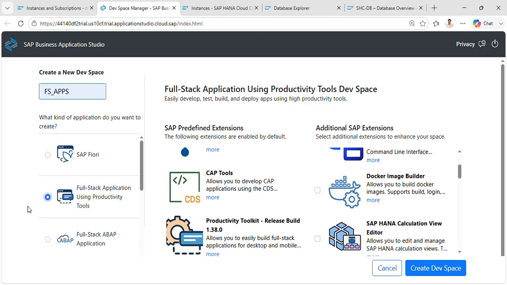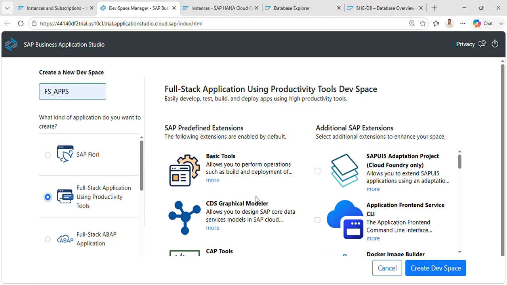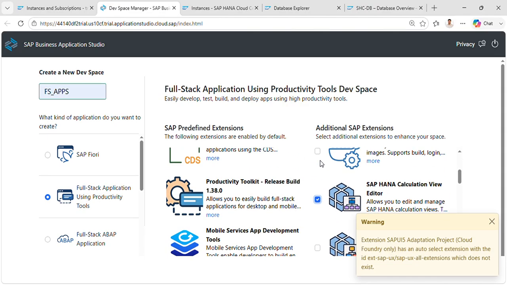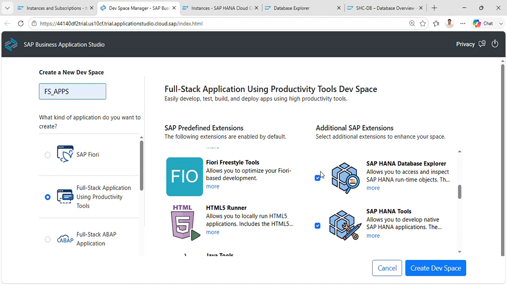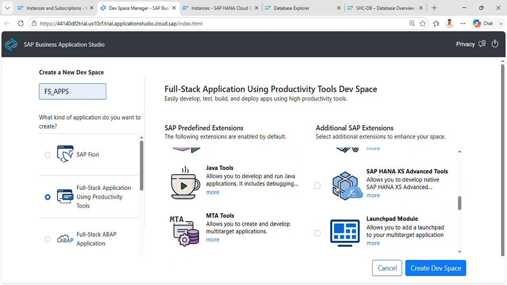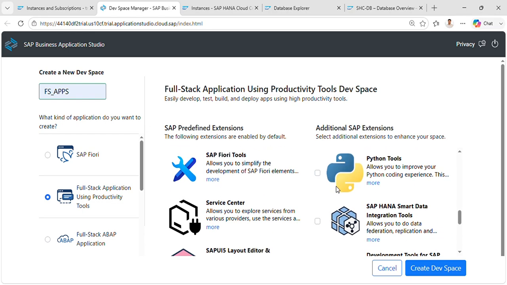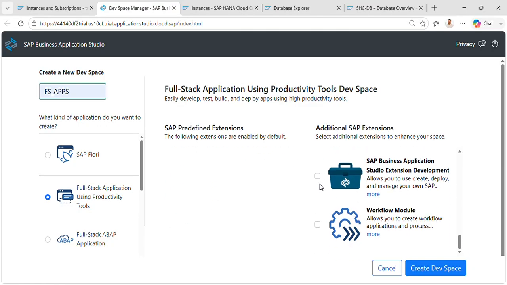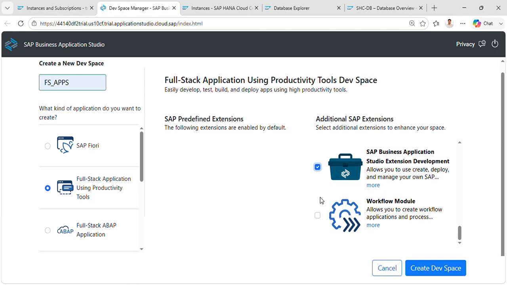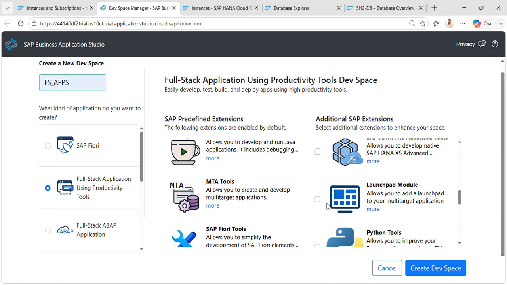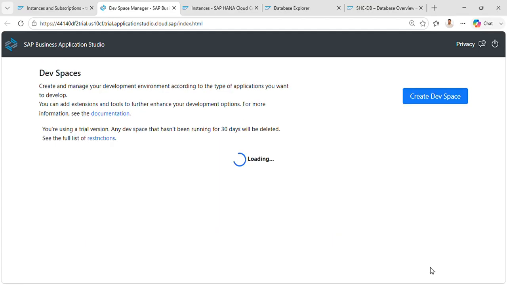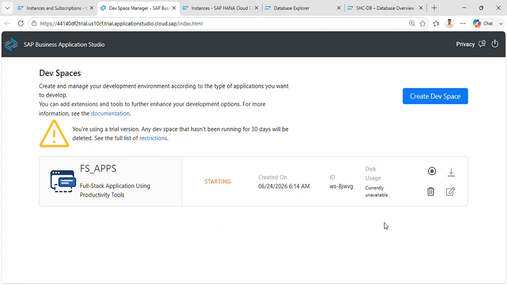Now you can see the predefined extensions are already taken, and now you have to take the additional ones. I'm going to take a few of them: HANA editor, HANA performance tools. Access advanced is not required, and SAP integration tools, you can figure out in the end. Okay, now you have to click on create dev space. Once you click on that, it will take some time